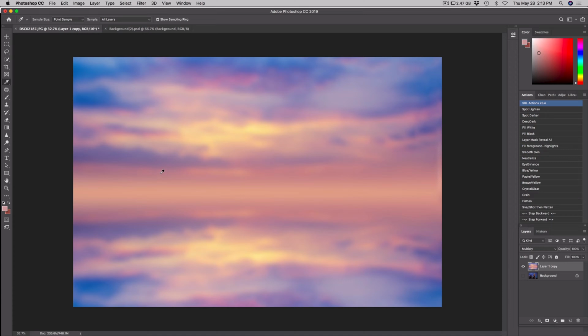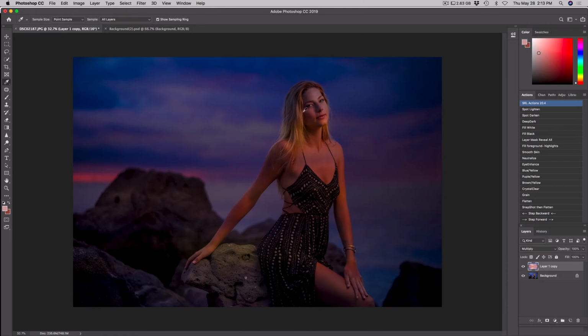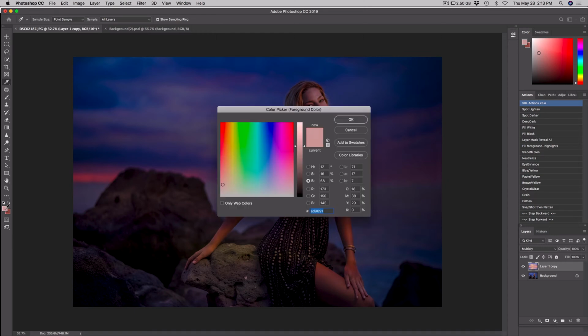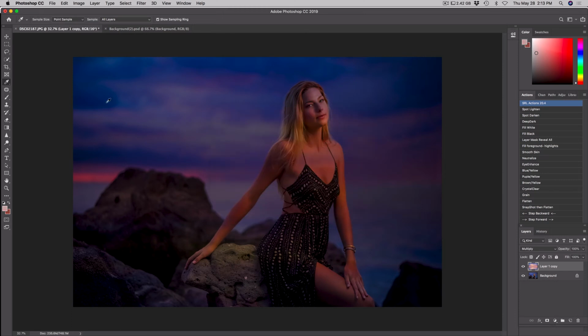So I'm going to paint this tone on top of the sky so I can get rid of this pattern here. And let me just start doing that. So I've selected this tone right here, and sometimes I make it a little bit lighter than it actually is. And I'm going to get my paintbrush. I've got it at 8%. You can go to 14%. I'm going to simply paint over